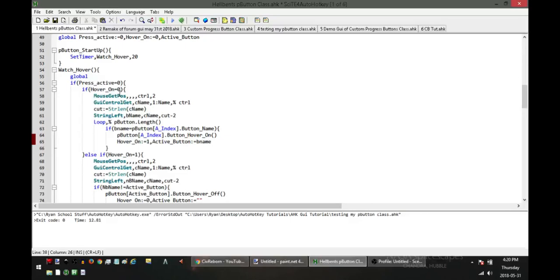So hover on is by default set to 0, and if you move your cursor over, it'll check the name of the control, which is that bottom text layer, or it checks the top layer or whatever, and it gets the string length, and then cuts that string left 2 spaces to get rid of the /1, /2, /3. Then it loops over all the buttons that you have created. So every single custom button you've created, it loops over and tries to match with the button's name. If it matches, it calls up the method for the hover,